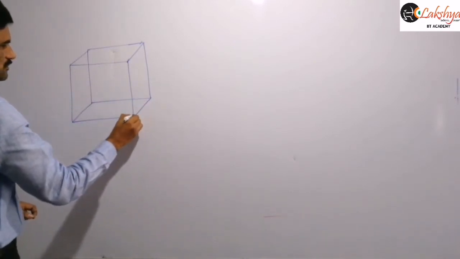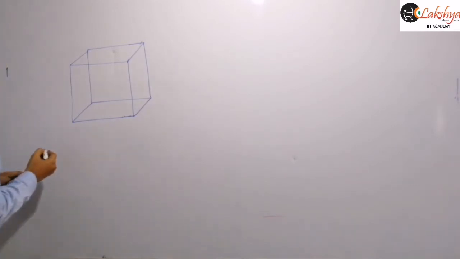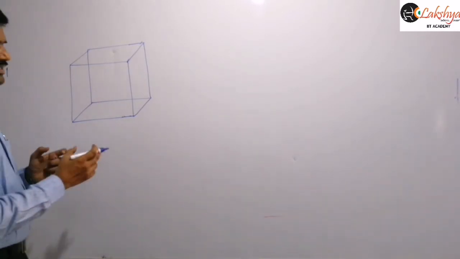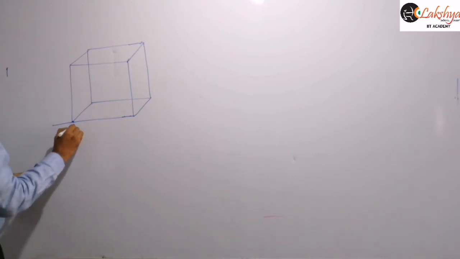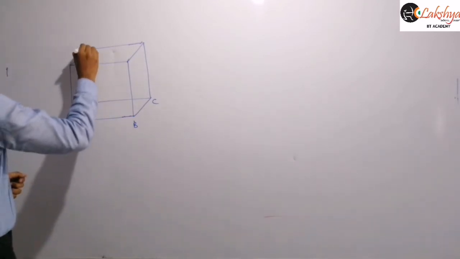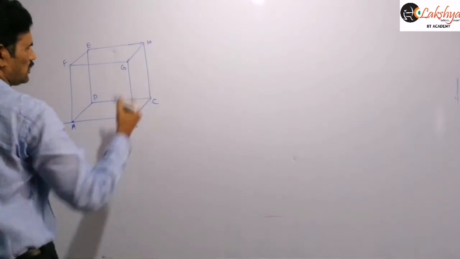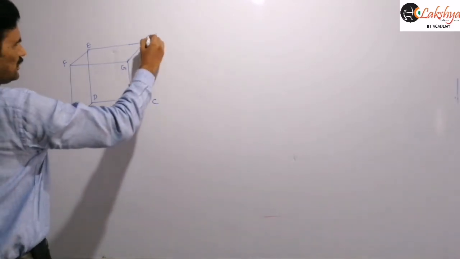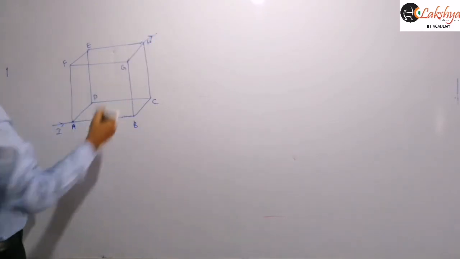So that means between any two corners along an edge the resistance R is there here. I am representing each just as a wire. Then between two corners we need to find the resistance. Suppose this is A, B, C, D, like E, F, G, H. So between these two junctions, A and H, we need to find this effective resistance.